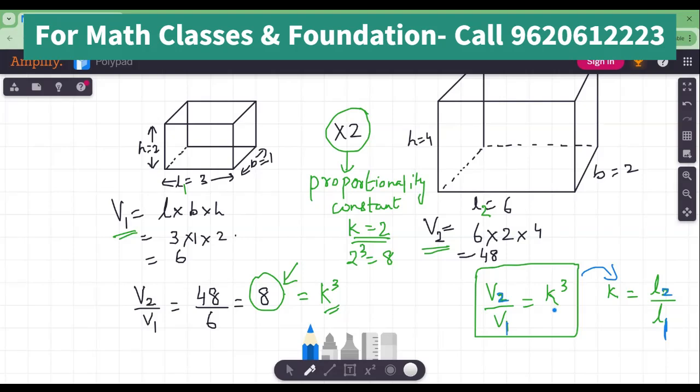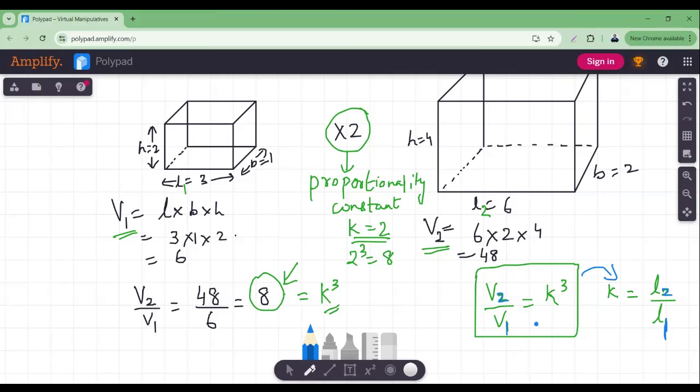I hope you understood the concept of similar shapes and their volumes, how it is connected, and what things we should keep in mind. As I always say, go ahead and practice some problems so that you can master this concept. Try to solve those problems on your own. Do not take somebody's solution and try to learn it. Use the concept and try to solve on your own. In that way, you can become a math champion for sure.